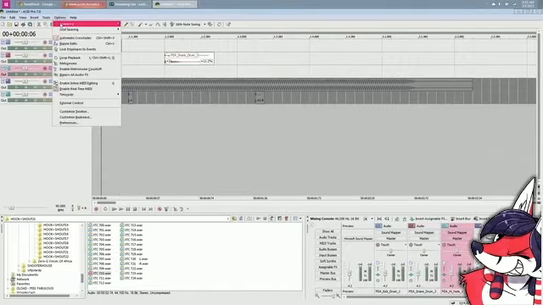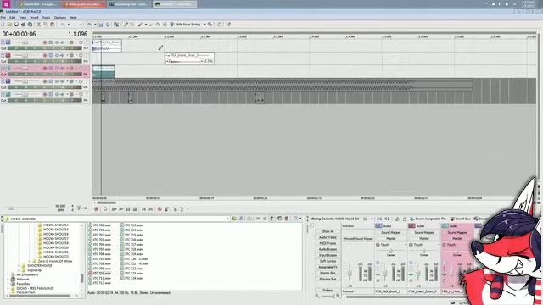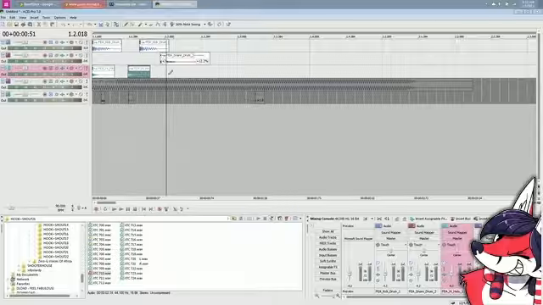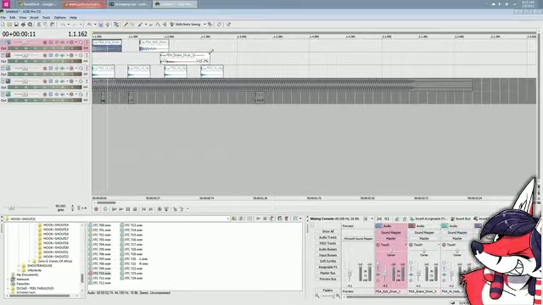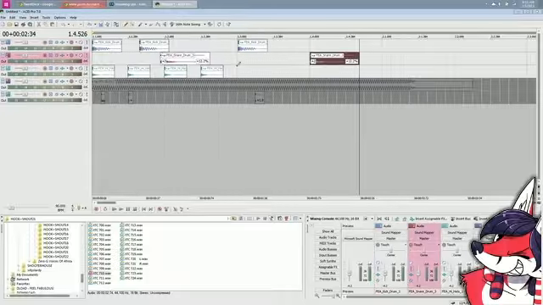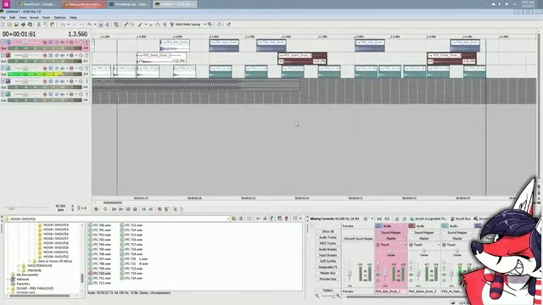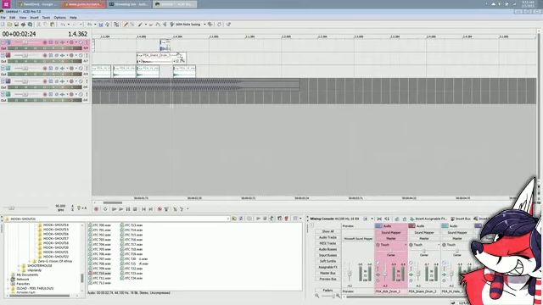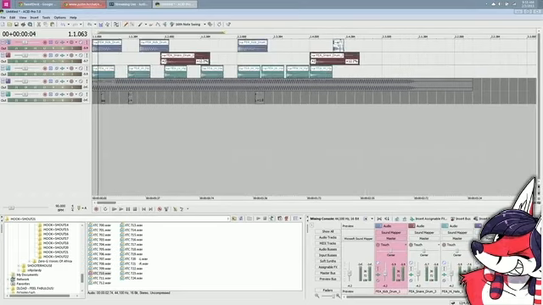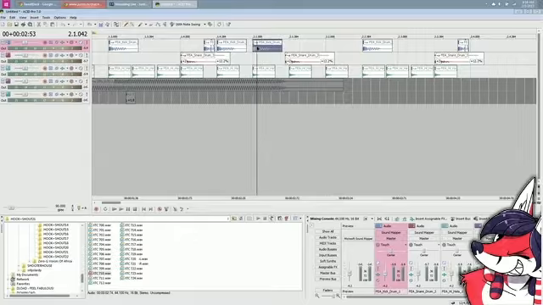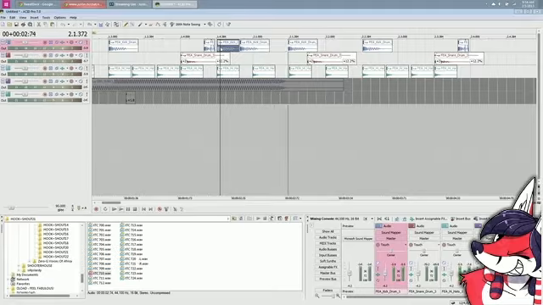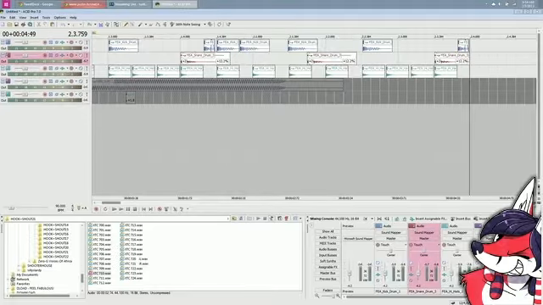Okay, I'm gonna turn off snapping because that's restraining us. That is wonky as hell.